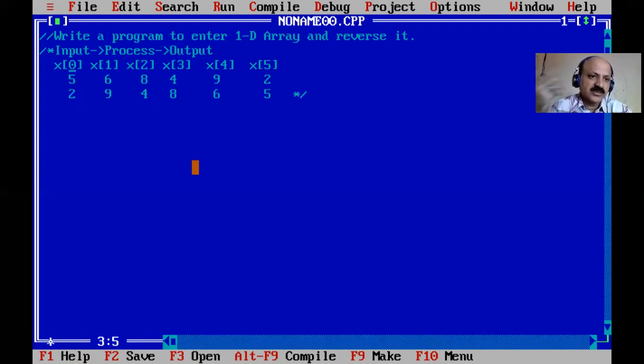If you do not understand, you can watch my first demo of 1D array in C language. Here there is an index and there is a value. Here is a swapping, but the index is the same. For six elements the loop runs three times only, and for five elements the loop runs two times only, because